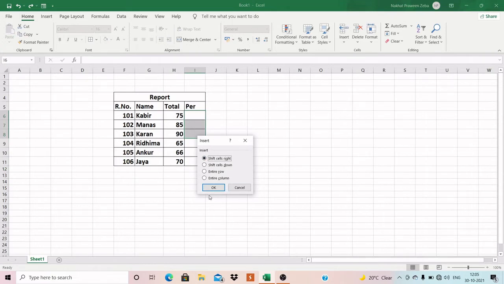Now it is visible to me, and here are four options: shift cells right, shift cells down, entire row, or entire column. What does it mean? If you click on shift cells right and then click OK, then each cell will be shifted to your right side. If you click on shift cells down, then each cell will be inserted below your cells, and each means the range you have already selected. And if you click on entire row, then all the cells will be inserted to the